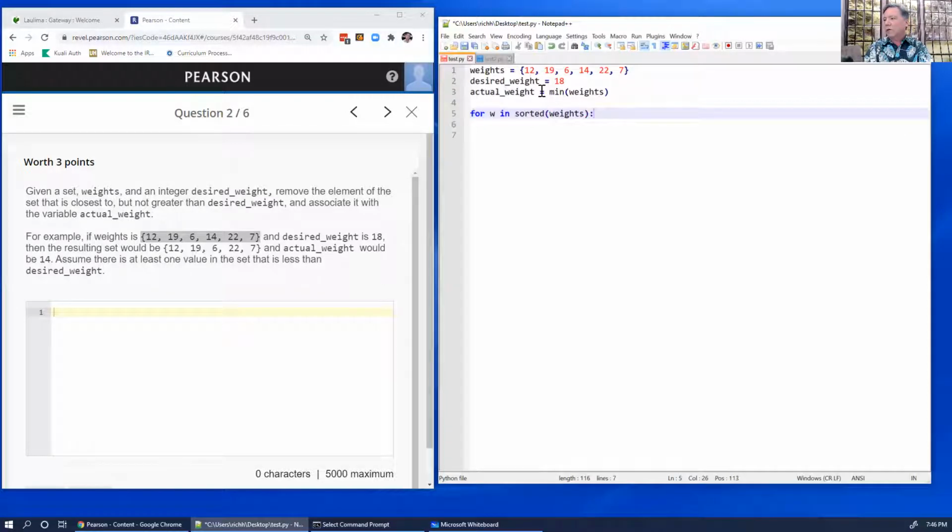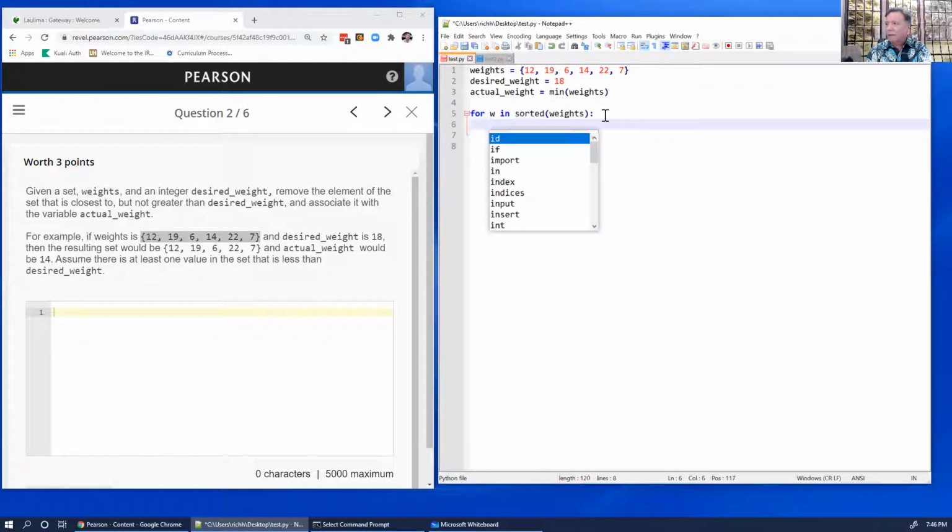So for all of the sorted weights, this is going to go through all the weights, and each one is going to be called W, in sorted order. So the first one will be 6, and then it'll try 7, and then 14, and so on. And each time, if W is less than or equal to the desired weight,